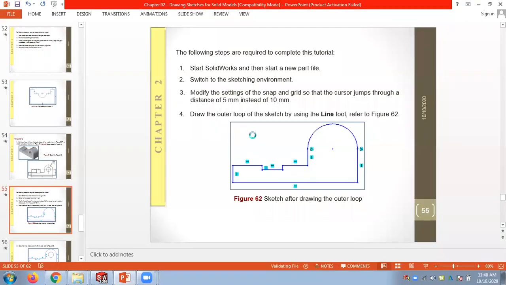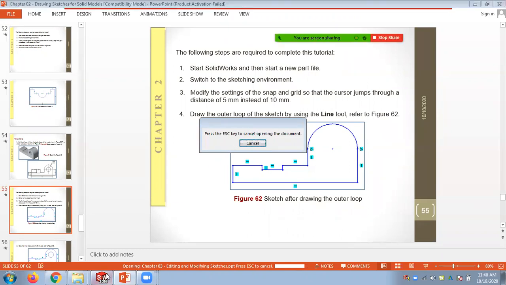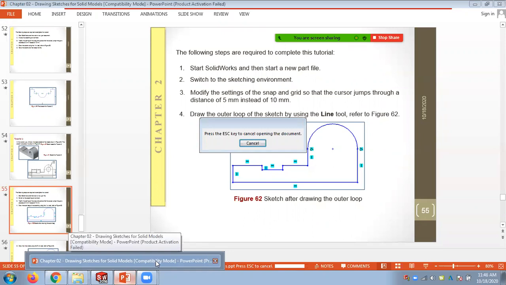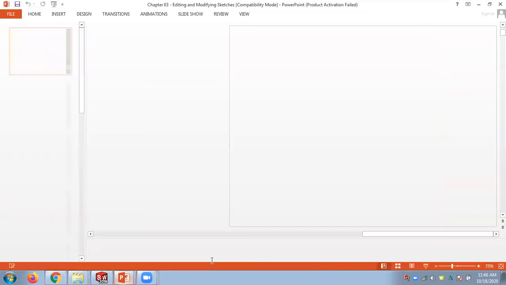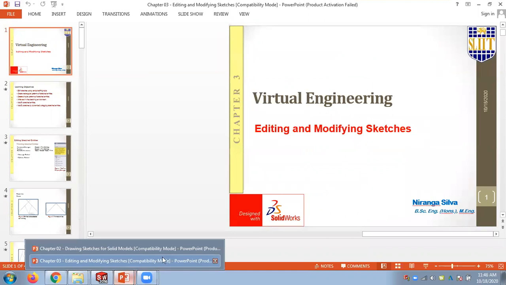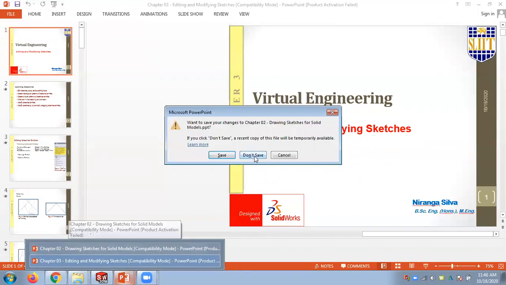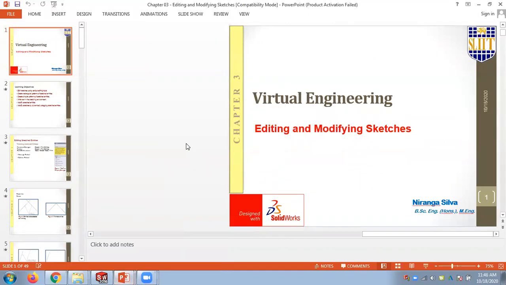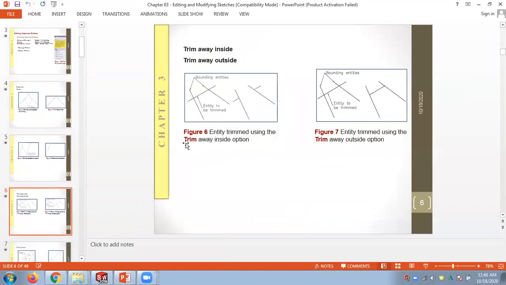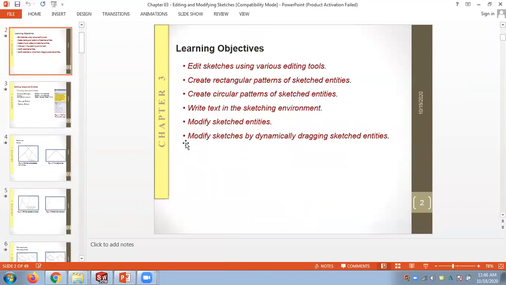Moving on to chapter 3. Chapter 3 basically talks about editing methods.